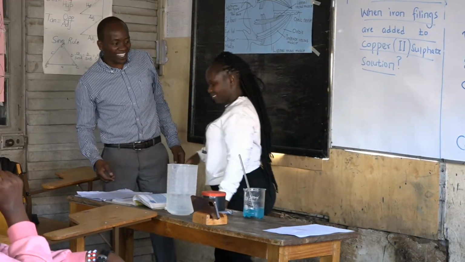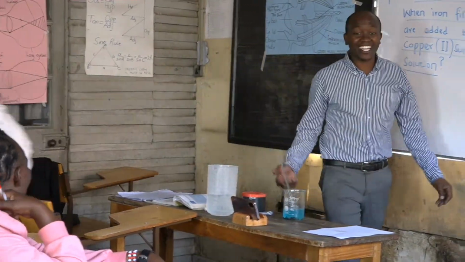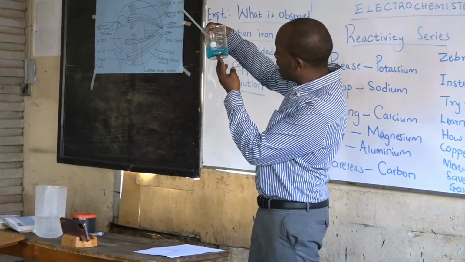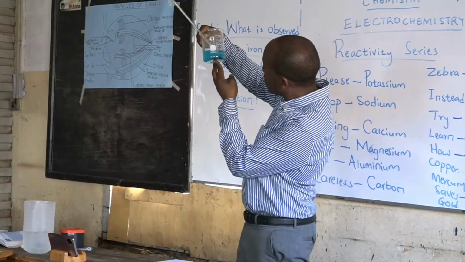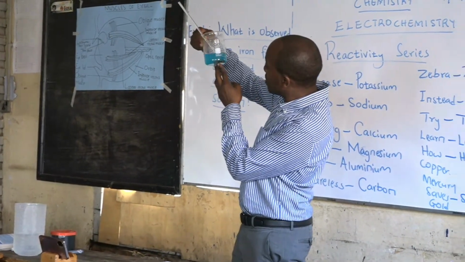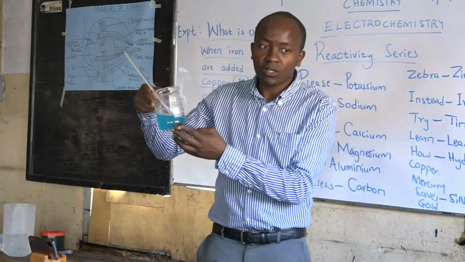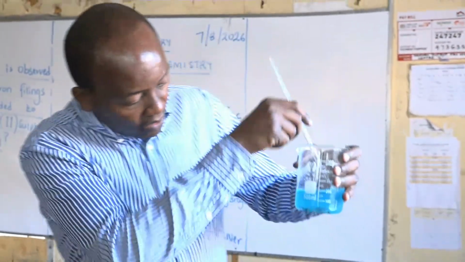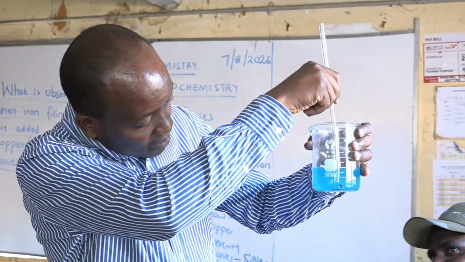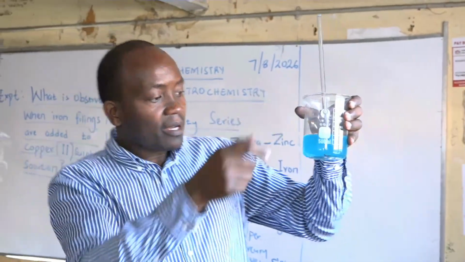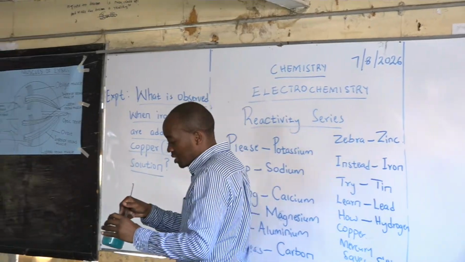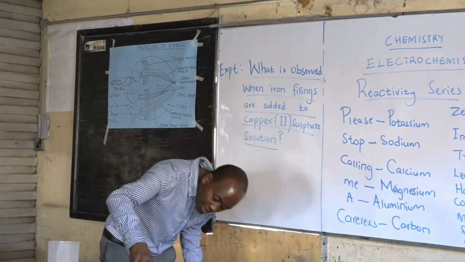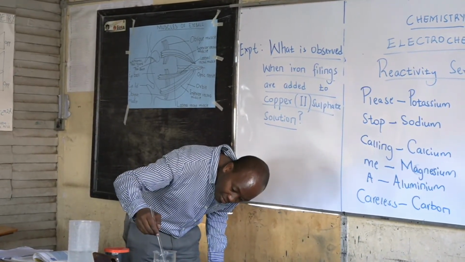So Beatrice, what are you observing? She's scared, right? Yeah. So the reaction is on, and we can see some brown solid, formation of some brown solid. So are you seeing some brown solid being formed here? So the reaction is still on, but you're going to give it time a little bit. We're going to give it time. Then we're going to observe. So the reaction is still on, so we're going to give it time, but we can see some brown solid